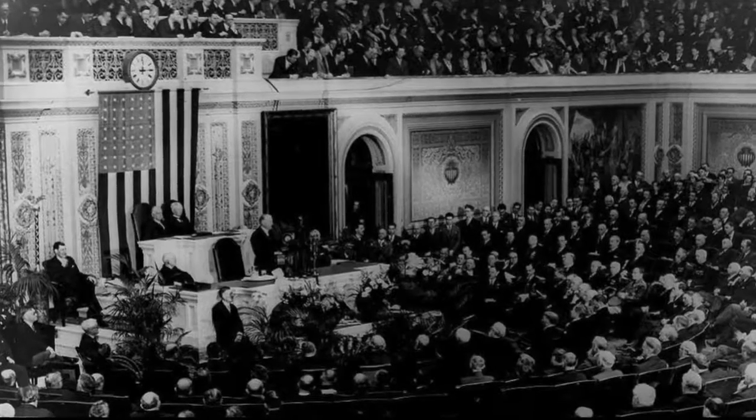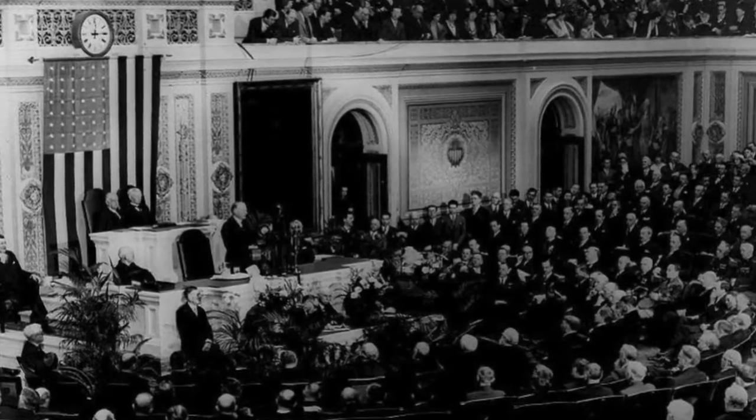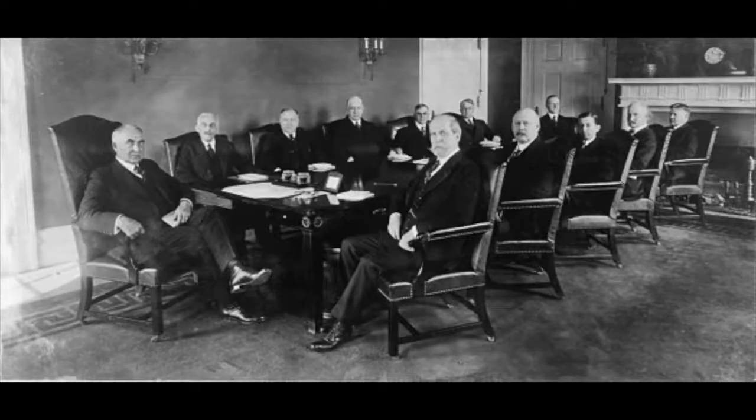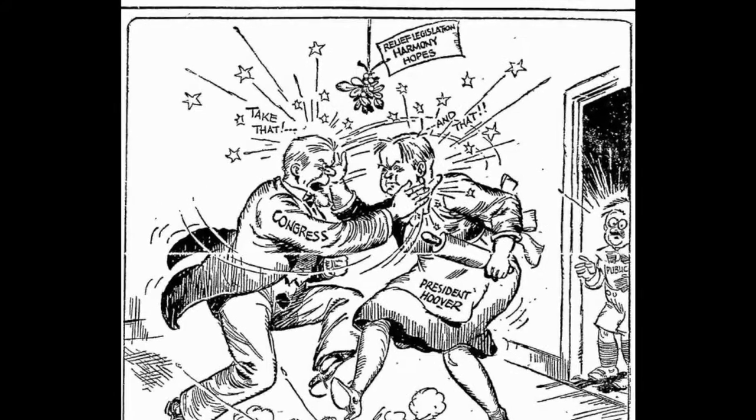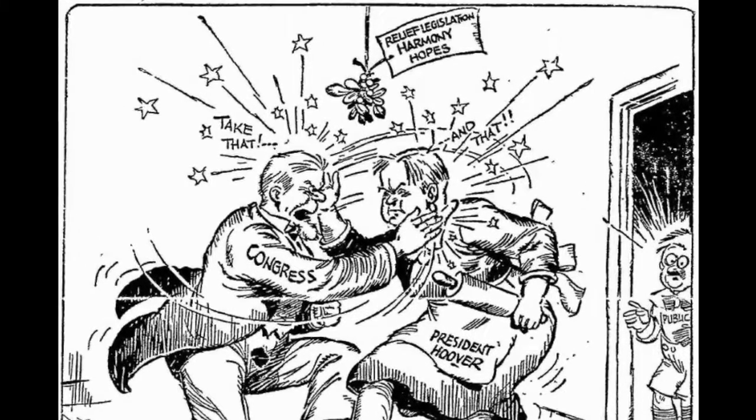Overall, we gave Hoover a C because although his relationship with Congress seemed strong before the Depression, he quickly lost his strong Republican majority in the House and much of his power over Congress. In addition, most of the legislation he helped pass ended up hurting the Depression instead of helping it.